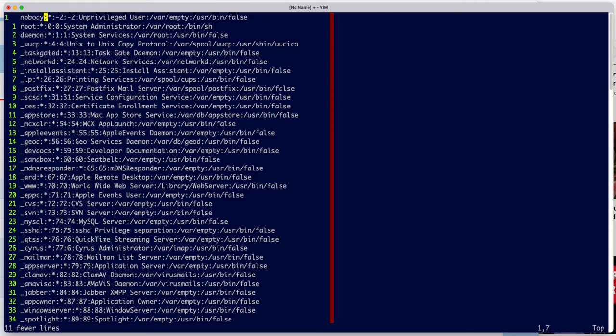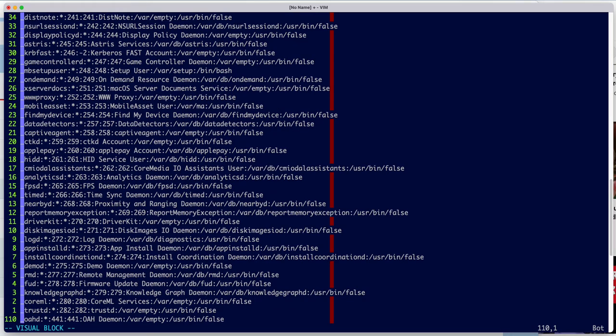See here, they're all delimited by a colon character. Every one of them has a colon after it. So we're going to give this a quick instruction here. Visual mode, every line. What we're going to say is,